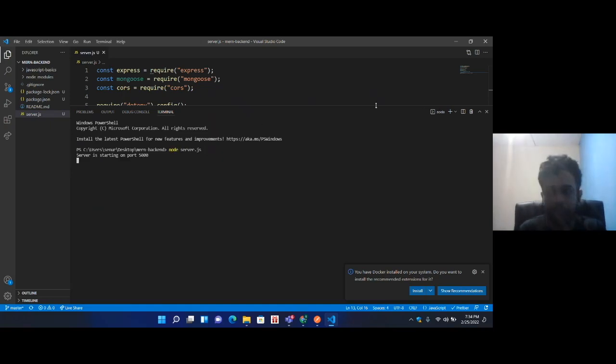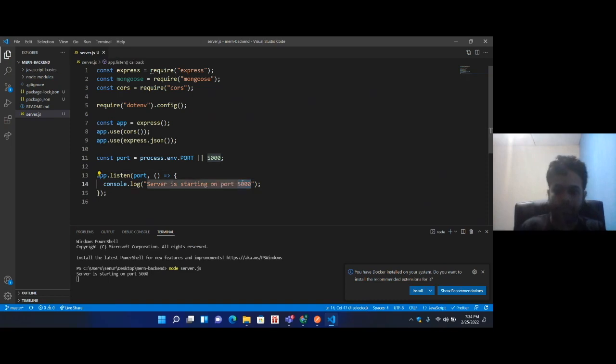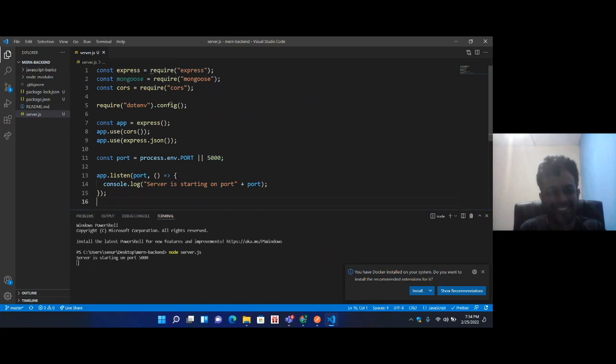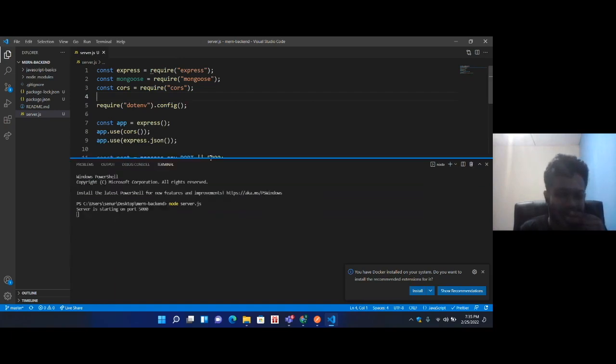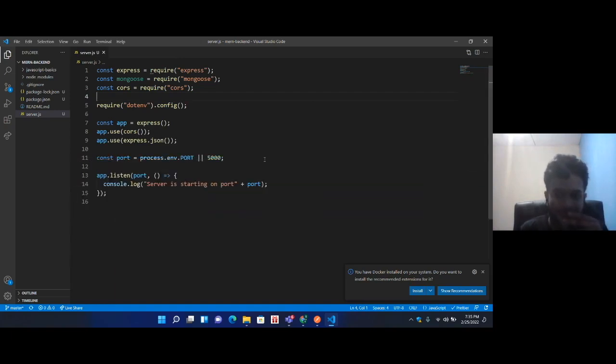One of the main reasons that Express and this MERN stack became so popular is that you can get an entire server up and running within 14 or 15 lines of code. For starting the server, some of these things are not necessary. This one is necessary, and this one, and this one. Just about five lines of code, and we can start the server. Okay, we have successfully run the